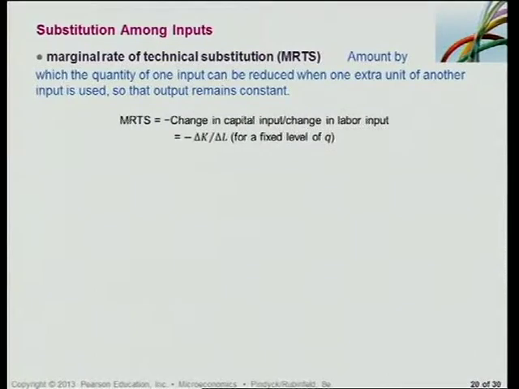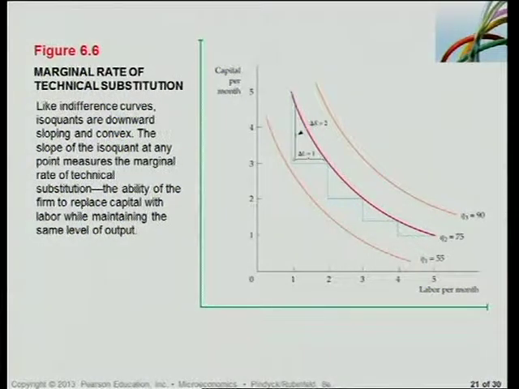So this is what we call the MRTS, and basically it's also the substitution among inputs, similar to the MRS, which is a substitution between two products, right? Food and clothing. Here we're talking about substitution between capital and labor. Okay, so these are important concepts, and also what you will see is that as you replace capital with labor, what will happen with the MRTS? It will diminish all the time, right? Okay, just take note of that. I won't ask you any equations, but you can see from this figure